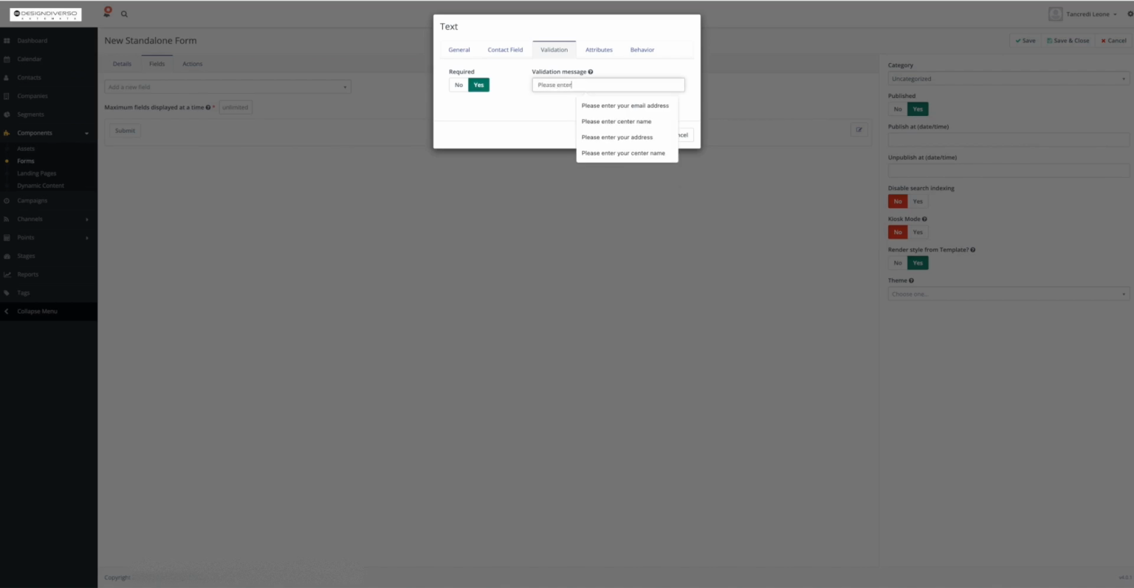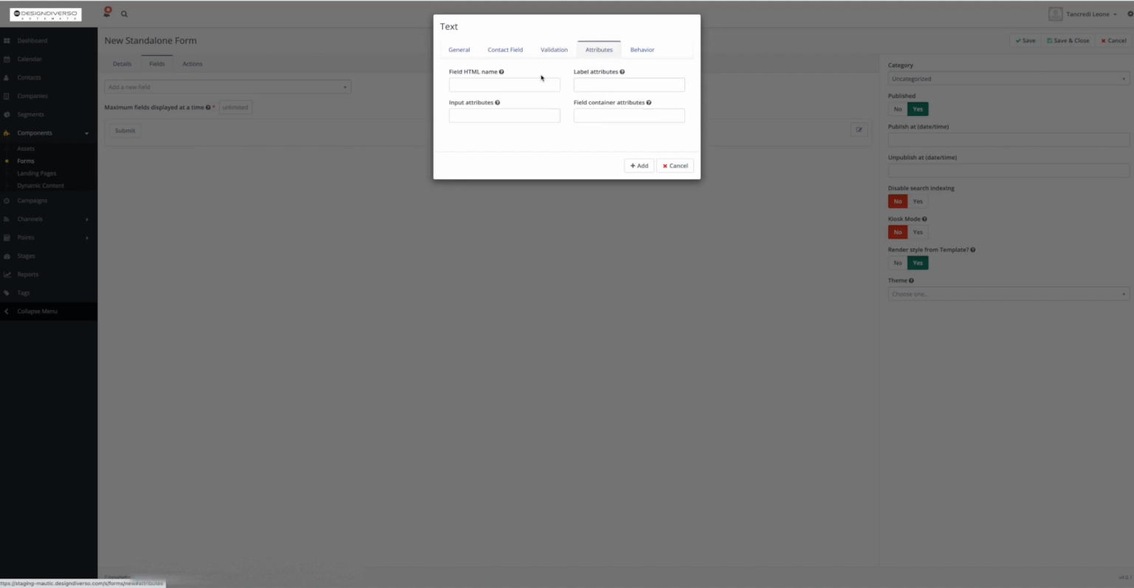In this case, please enter your first name. That should be required. And here we have our actual first name, the HTML name that is pretty much attached to the form, and